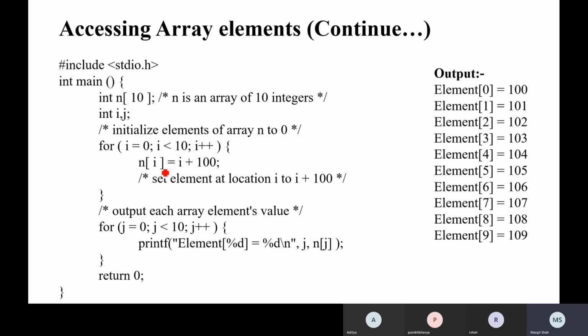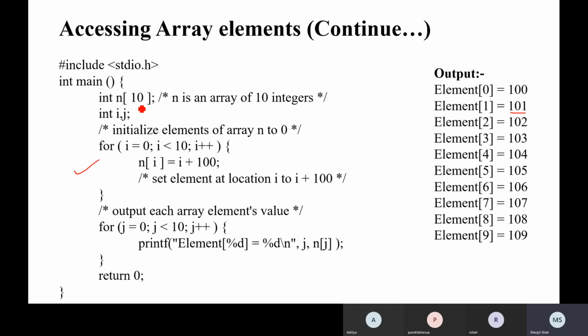So now n of 1 is equal to 1 plus 100, so that is 101. Then we can say 2 plus 100, 102, 3 plus 100, 103, 4 plus 100, 104, 5 plus 100, 105, and same way i will be incremented up to 9, and 9 plus 100, so n of 9 is equal to 9 plus 100, and that is 109. After initializing it, this is runtime initialization, right?